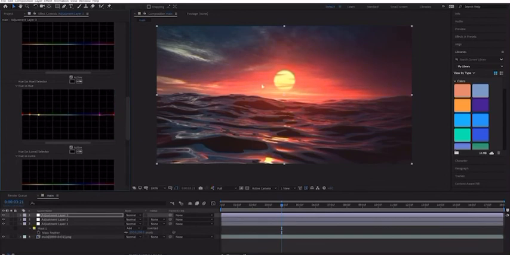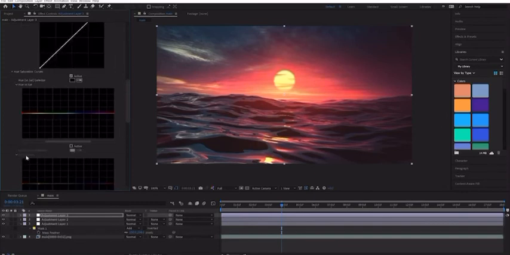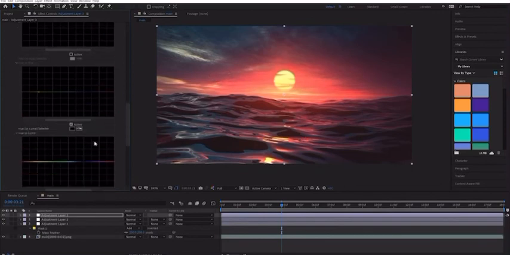So if you find yourself not liking any particular tones in your image, you can target them using these curves and make the adjustments. So hue versus hue adjusts the colors. Hue versus saturation, which is above that, is going to adjust the saturation of any color range you select. And below that, we